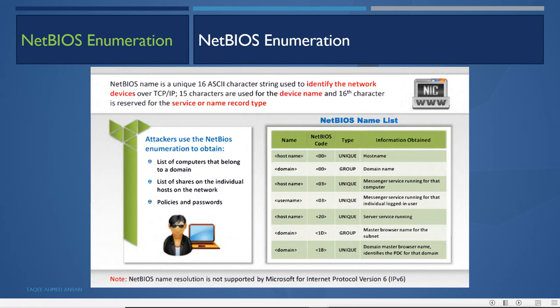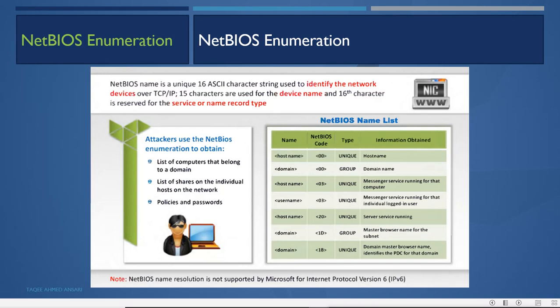It sends a broadcast request for the NetBIOS name we want to connect to, and the request goes to all the machines within the network. Nobody replies except the machine that has the same NetBIOS name we are asking for. It sends the reply with its own IP address, and then our machine connects to that machine. So even if you don't have DNS, you can still connect using the name through this NetBIOS name.